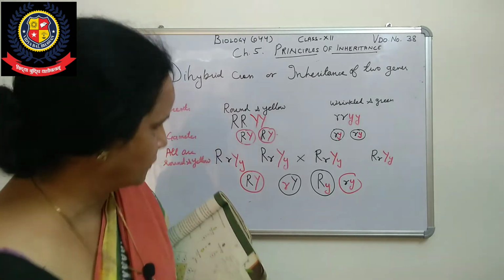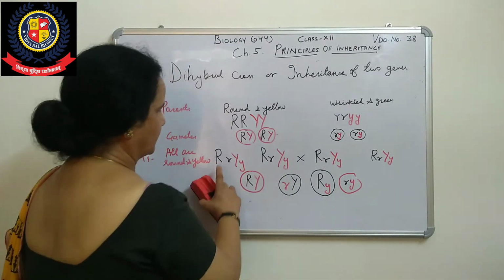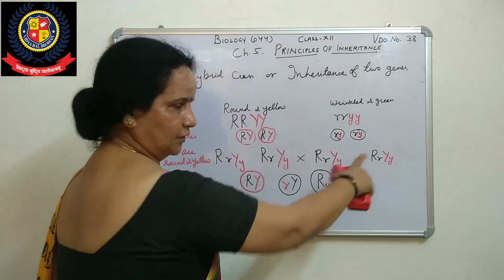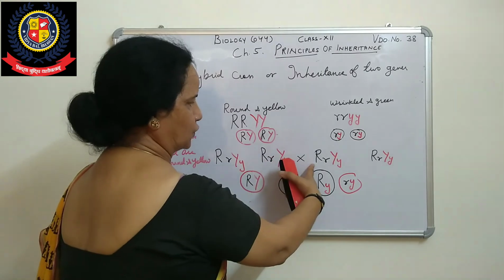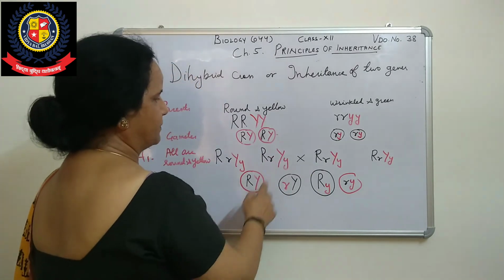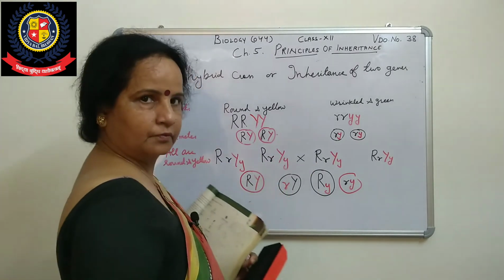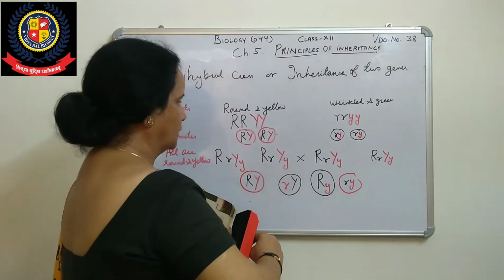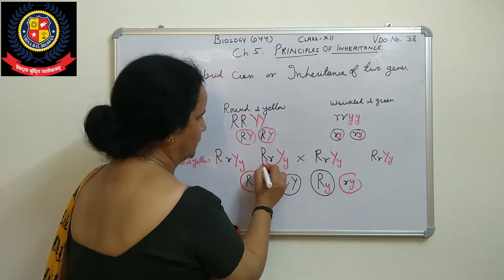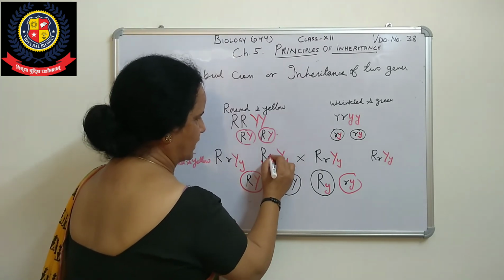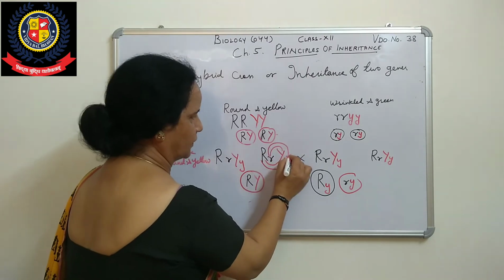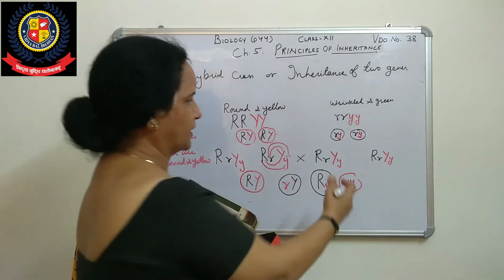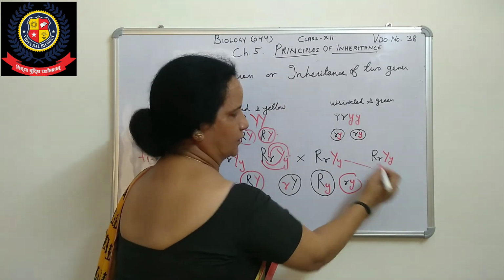First of all, again, see this one, R, Y, all these are the F1 generation. We have got heterozygous, so we make a self cross. First we make the gametes, because we have four genes. Then we make a cross: this R multiplied by this one, this R multiplied by this one, and so on. Here also the same, so the same gametes are on the other side too.